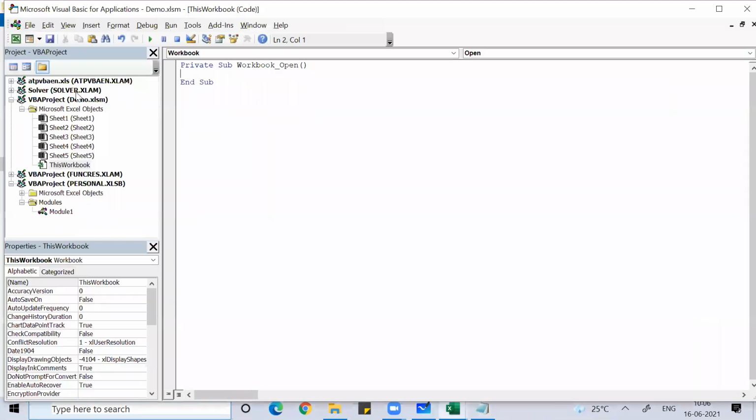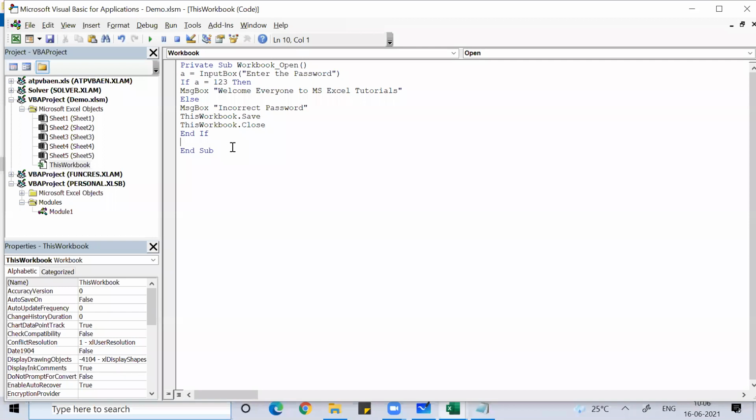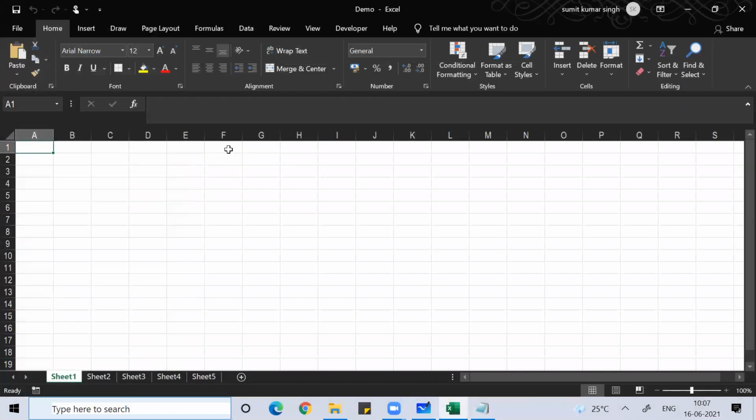This way, if you do it. Whenever we work on Visual Basic for Applications, always remember that it should end with End Sub. If it ends with End Sub, it means everything is fine. Once you run the program, you can press Alt Q, and then press Control S. If you do Control S, that part would be done.